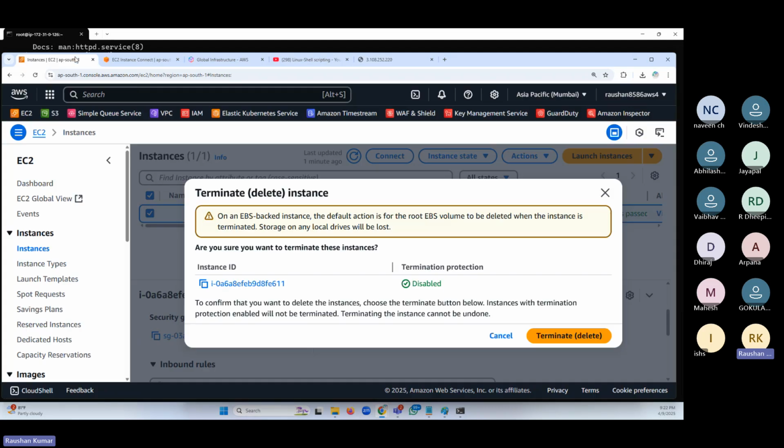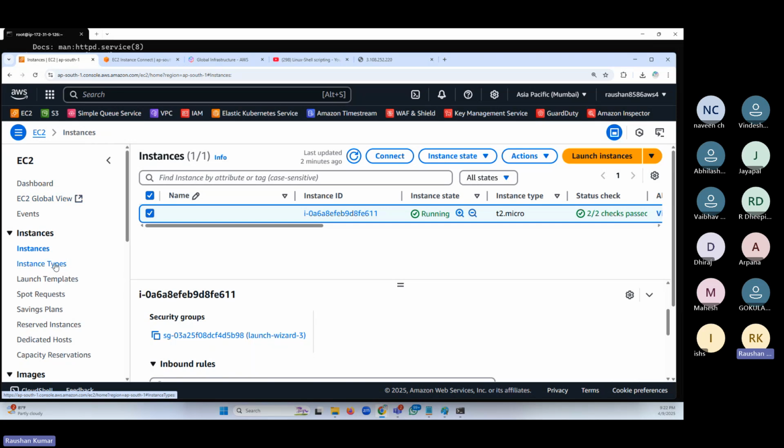Yes, go ahead. Am I audible? Go ahead, Abhilas. So every EC2 instance has a public and private IP, right? No, it depends on you. But right now, whatever we are creating, we have public and private. But we do have an option that we can only have the private IP. Public IP is optional. I'll tell you how it is done.